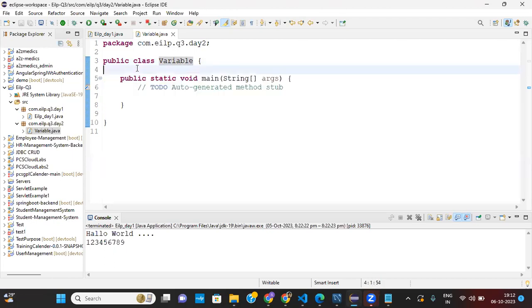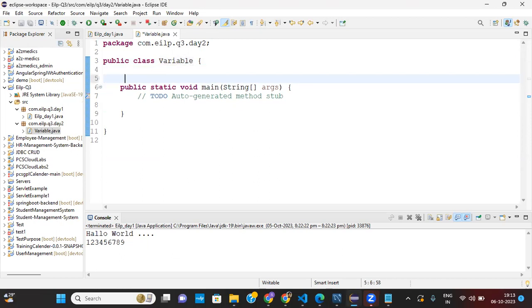If we declare something outside the main method, like String a equals anything, you can declare a variable outside the main method, but if you want to print it, it will not print. You cannot print this.